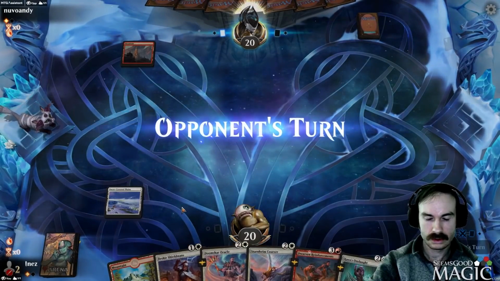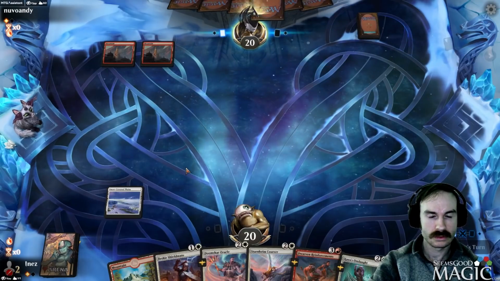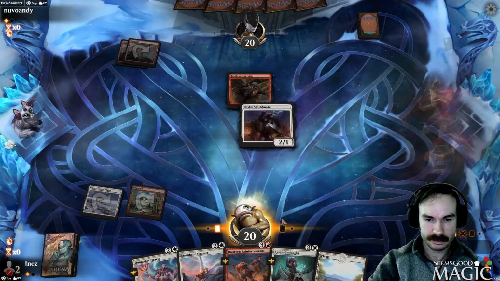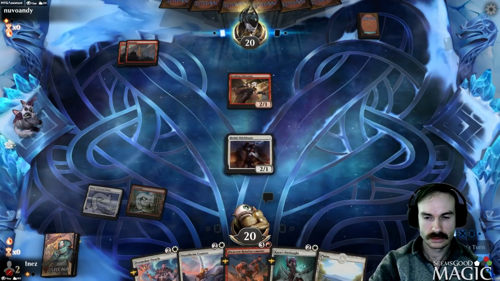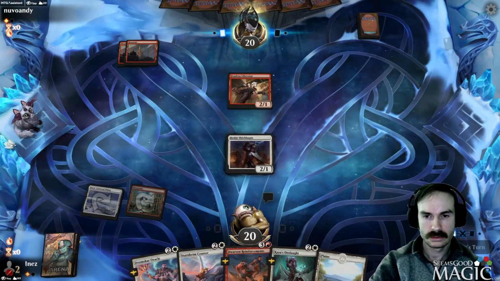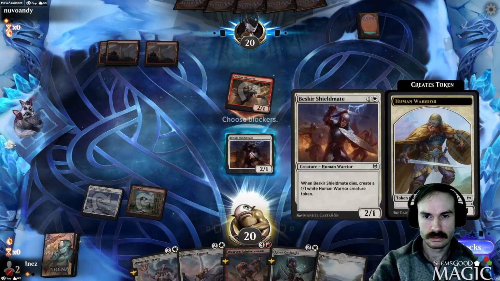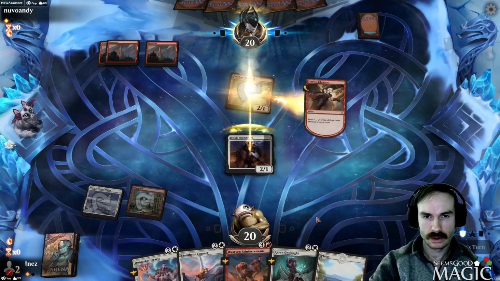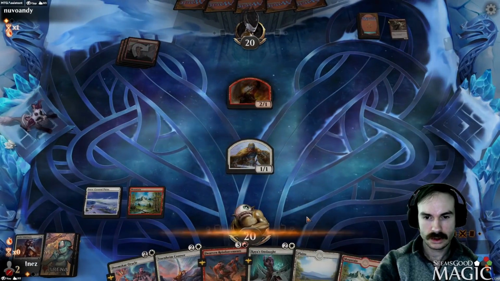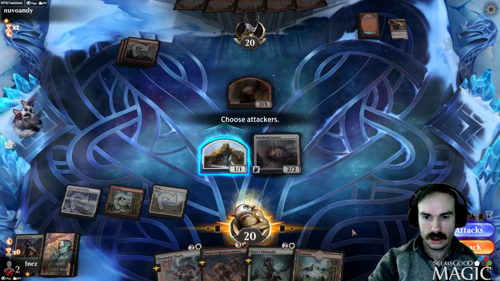I don't like this. Alright, well, it's actually fine. At least we have a blocker for it. Oh, really? Surprising. Oh, let's see. For 3 mana, we can get the flyer down. I'd probably do that. And...